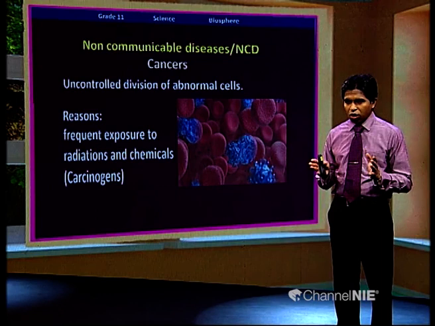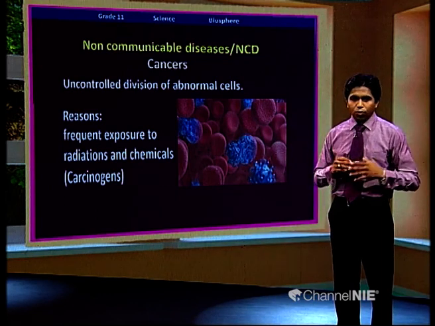Uncontrolled division of abnormal cells. For example, the normal cells of your lungs perform the functioning of the lungs. But if a cancer cell is formed in your lung, it is not going to perform the functions of the lungs. When a large area of your lungs is covered by these cancer cells, the lungs will not work properly. But at the beginning it is very difficult to detect those cancers. So when the patients get symptoms, it's too late. Therefore, mostly they will die, or else you have to transplant or remove the organs.